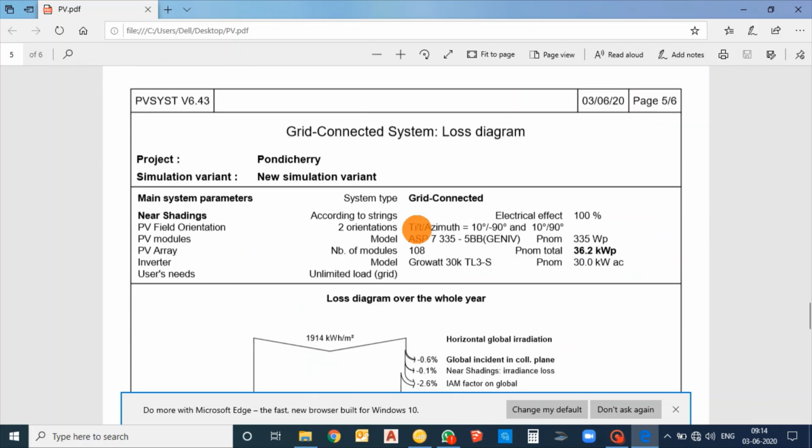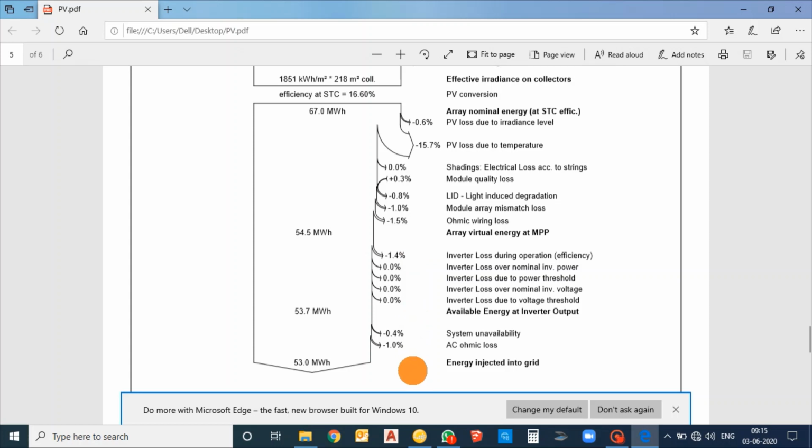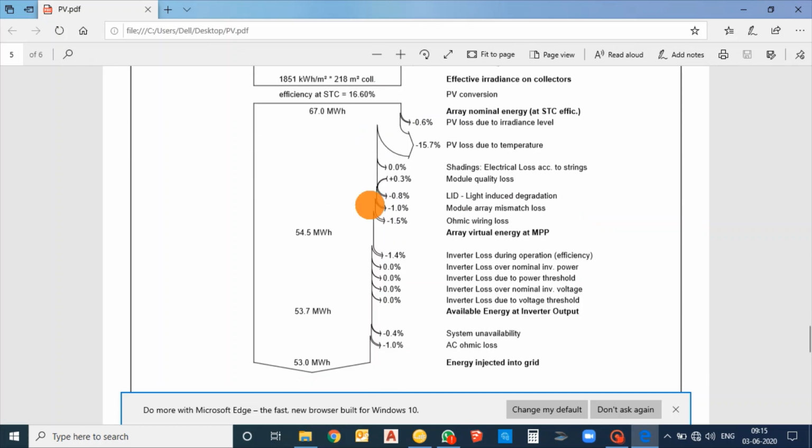So I'm going with the losses. You can just see what the losses are and how much the losses affect our generation. You can just see the 67 megawatt hours per year has been generated before the losses factor. We are getting 53 megawatt hours per year that will be injected to the grid. So each loss will be contributing its own percentage.